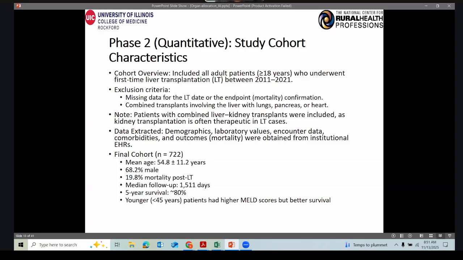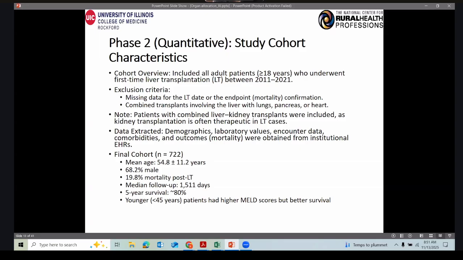In terms of data extraction, we pulled detailed information from the institutional electronic healthcare records. This includes, as I said earlier, demographics, laboratory values, comorbidities, clinical encounters, and mortality outcomes. All of this data was obtained from the University of Illinois clinical database, which provides a decade's worth of quality